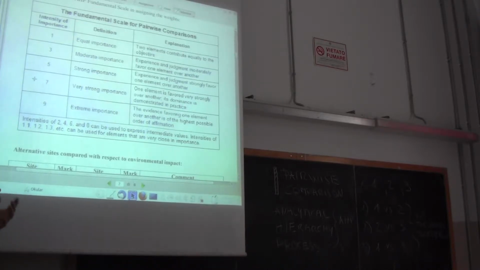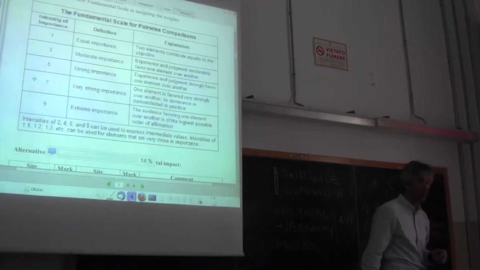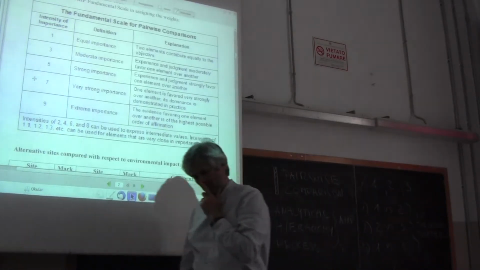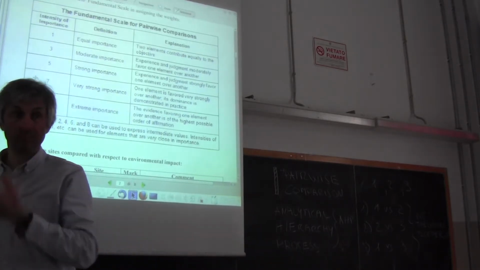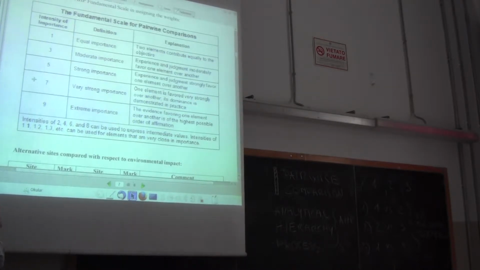It becomes complicated because already deciding if an alternative with respect to another is moderately preferable instead of strongly preferable is not easy. And then to go into more details is not so easy. But we may need, as we will see, to use also intermediate numbers. It's really subjective, no? Yeah, I mean, I can say that 10 respect to 25 is for me 5, and you can say that is for you 3. Yes, this is of course true,